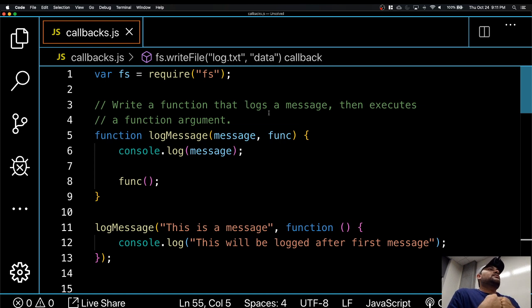All right, so optional homework time. And then if you guys are interested